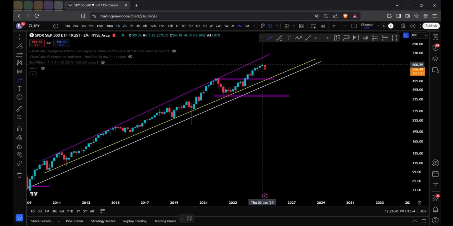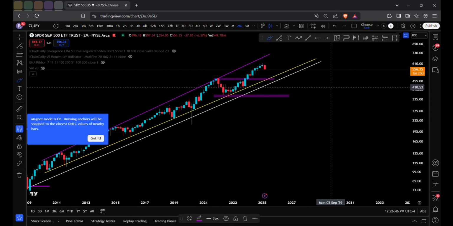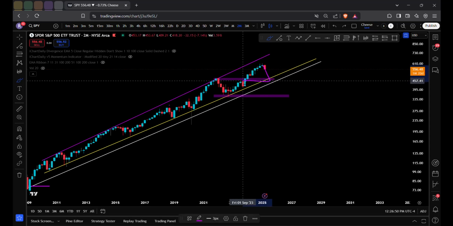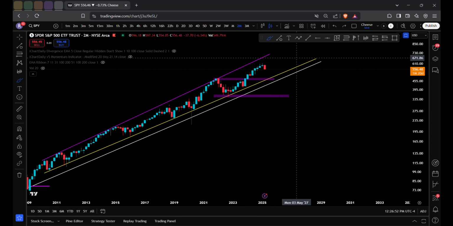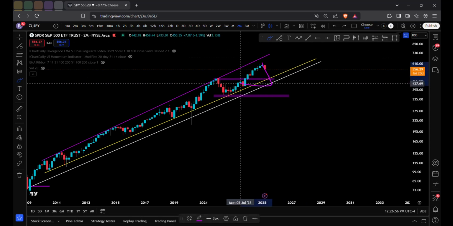Bullish, we go from here, we stop at the yellow, and we stop at 480, the top of this candle here. Next bullish, we come down and we go to the white, and we stop here at 450. Next bullish, we come down, we stop at the white, but you have a wick to the 420 level.